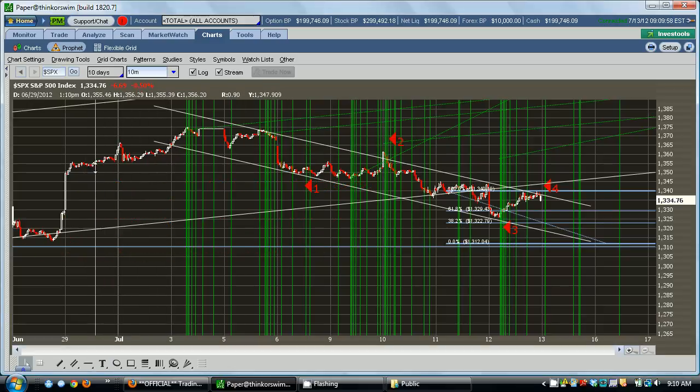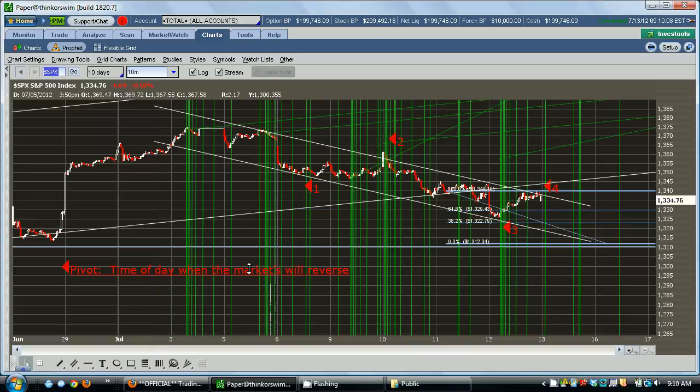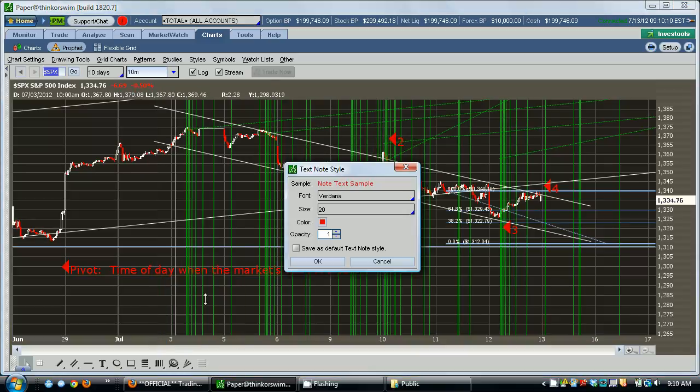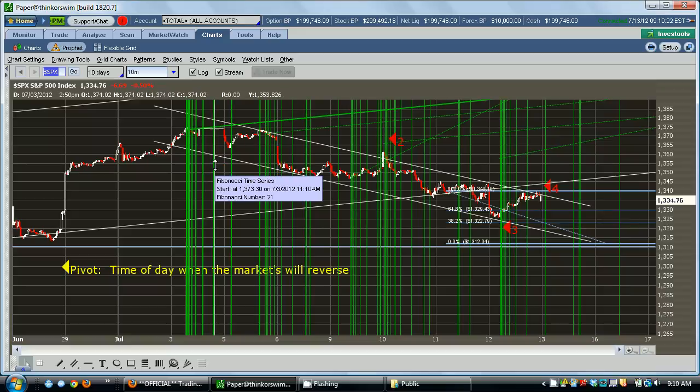The short term is the most fun because then we can all say, oh look, we timed the market to the minute, right? Something like that. Okay, so let me just get this into a better color before I move on. Yellow's pretty good. Okay, so I've overlaid these Fibonacci sequences all over each other from the tops and the bottoms